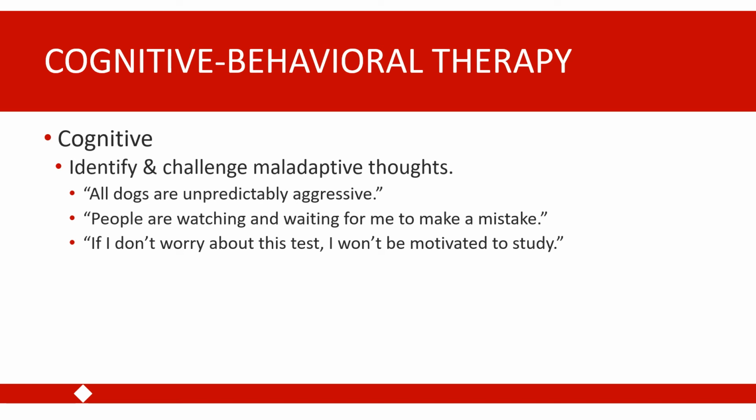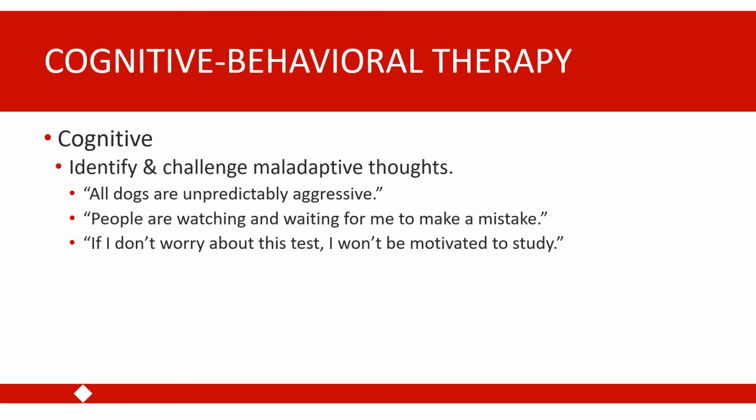So for example, for somebody with a specific phobia of dogs, beliefs related to how dangerous dogs are, you might be engaging in cognitive therapy to help them challenge these beliefs and help replace these beliefs with more adaptive beliefs. For someone with social anxiety disorder or social phobia, you might be challenging beliefs about how much attention other people are paying to them and the kinds of judgments that others are likely to make of their expressions of physical anxiety or any negative things that others might observe.